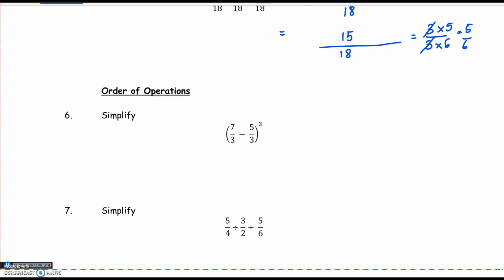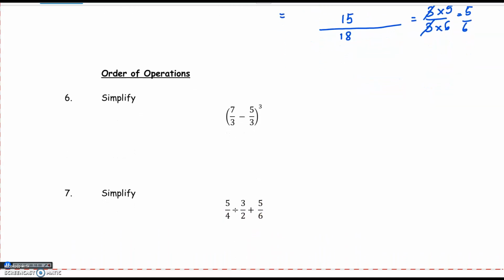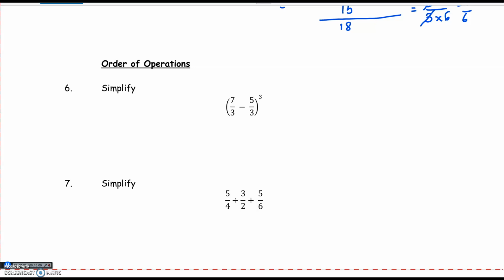Now suppose we have 7/3 minus 5/3, the whole cubed. So we're going to use order of operations, PEMDAS. So parentheses first, what does that mean? You look inside the parentheses and work on that first. It's a subtraction of like fractions. We're counting thirds, and how many thirds do we have? 7 minus 5, which is